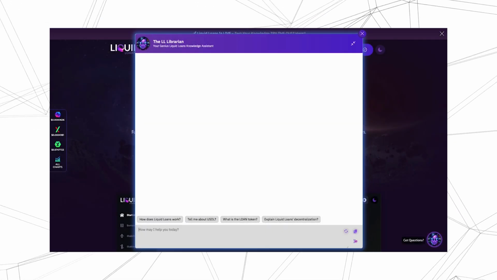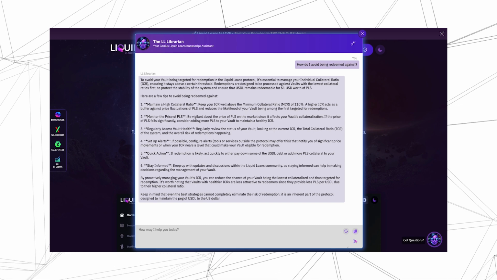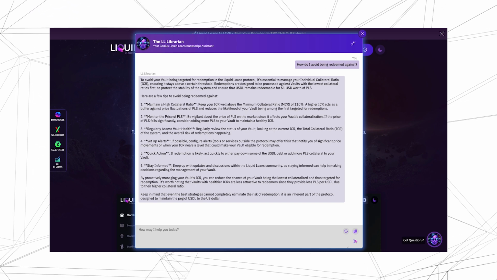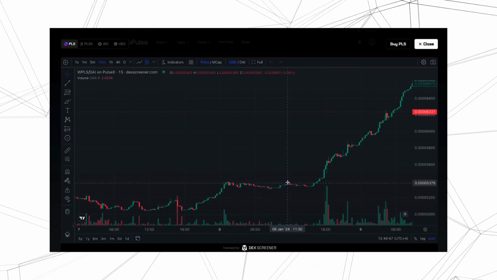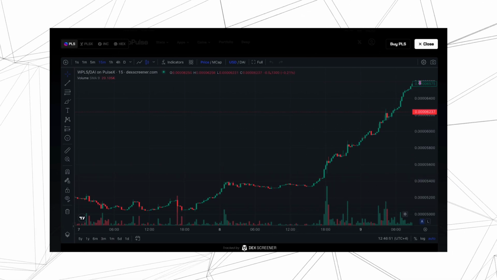Now, how can you protect against that? Well, there are a number of written articles about this, so you'd have to go to our website and some of our YouTube content to help you understand how redemptions actually work. But in this market, where the price of Pulse is going up quickly, it's very noticeable that you're going to see a lot more people redeemed against, particularly if the price of USDL is a little bit below peg. You can imagine people are buying Pulse at a discount, particularly given the gap between the USDL price and the actual price of Pulse continuing to increase.